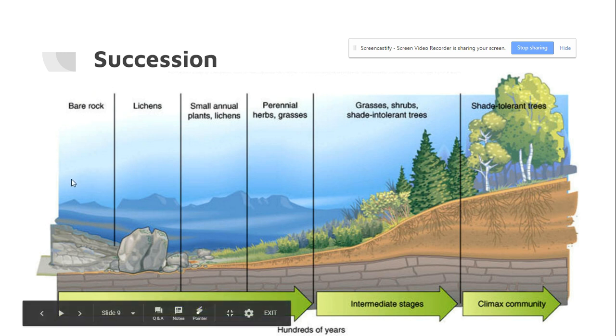Okay. So, sorry, I'm back. So this is, again, showing succession in all of its stages, from bare rock to lichens. You can see those little spots on the rocks. Break it down. Now we're able to have